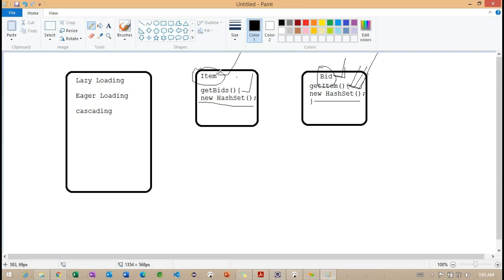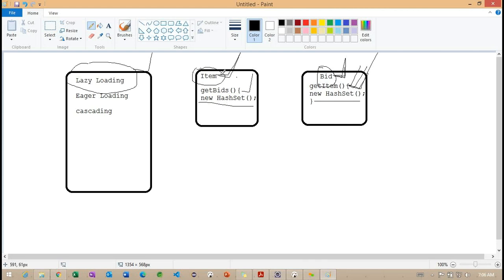Whenever we need only the main object, the item object or the bid object, we don't want to load the dependent records. In that case, we can go for lazy loading. So what exactly is this lazy loading going to perform?